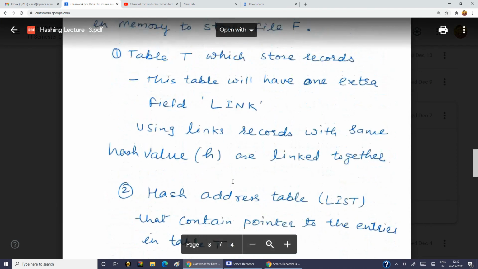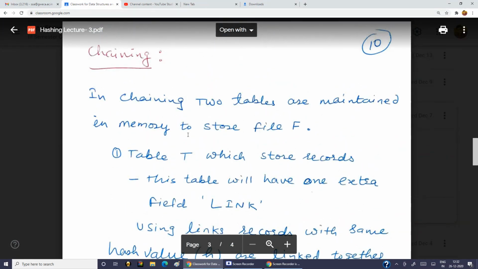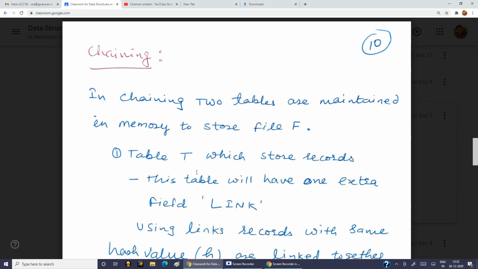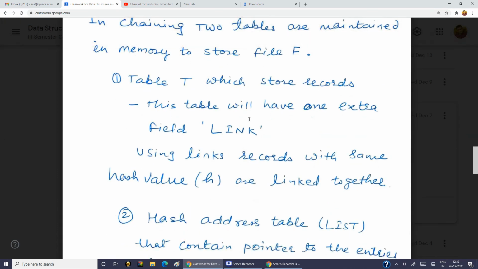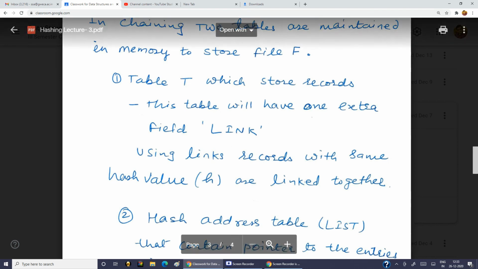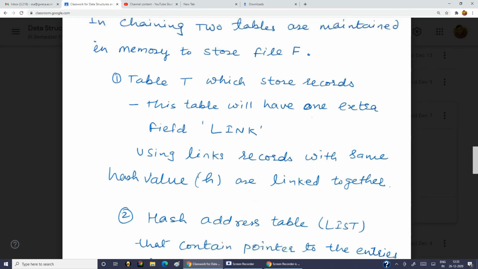So now you again read it out. Chaining, two tables are maintained in memory to store a file F. File F may have multiple records. Table T stores the record actually and it has a link field. So that link field is used to link together the records with same hash value.